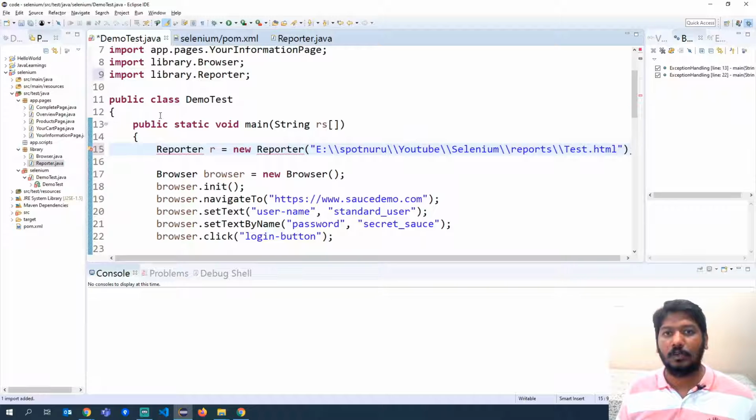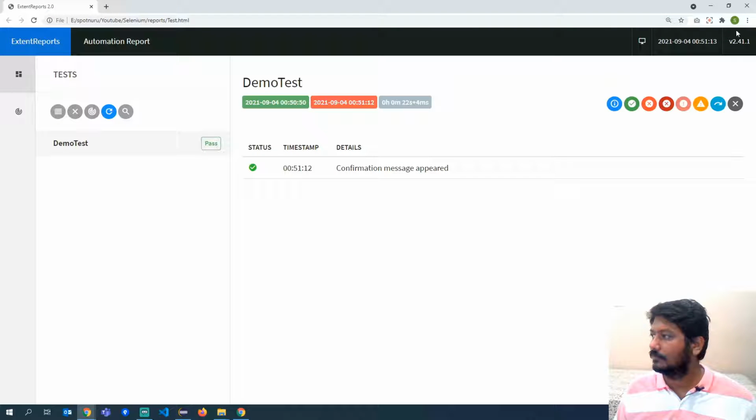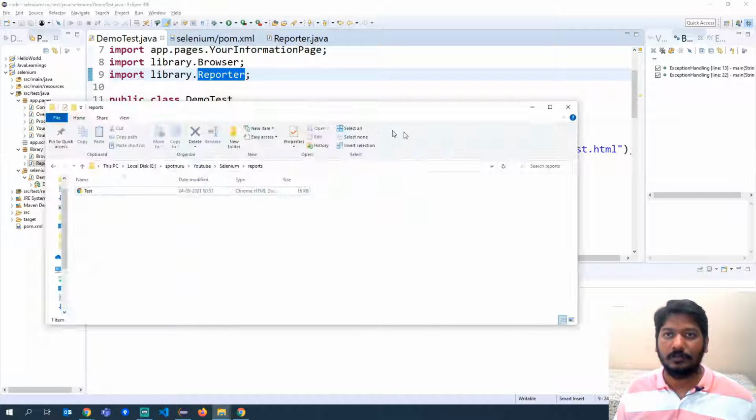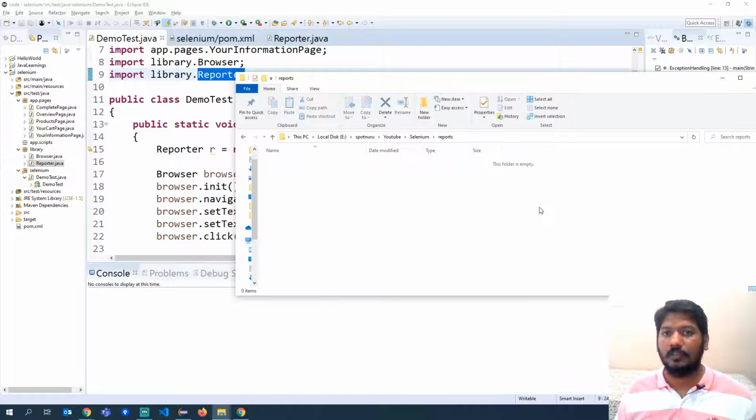And then Control Shift O, so that the Reporter class will get imported. Now I will show you that folder also. There is already a file available, so I am just closing it, and then I will delete it also.